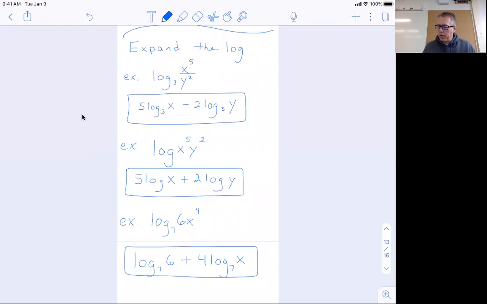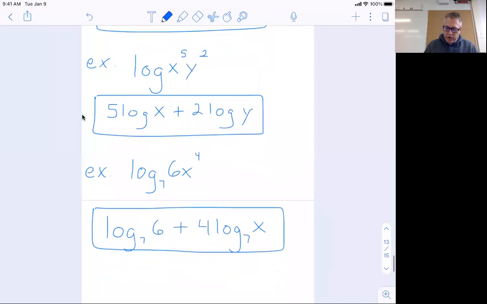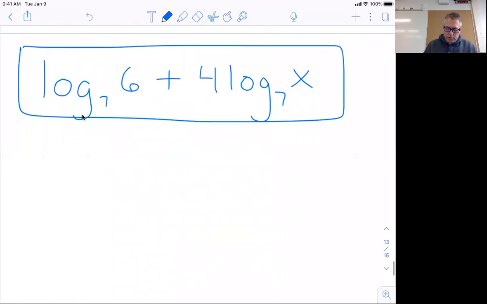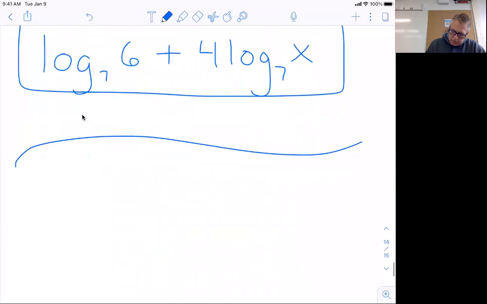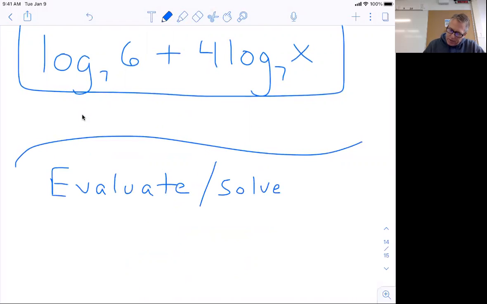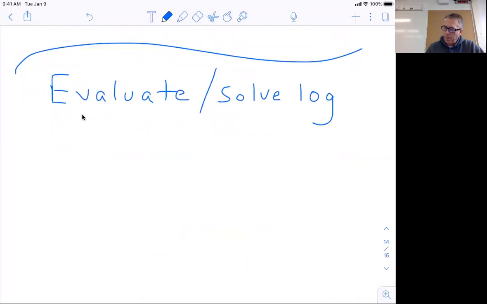All right, then I'm going to continue and just do some evaluating. Evaluate, and show you how that's kind of the same as solving some logs, okay? All right, for example, this would be one that we would have already done if I said, all right, what